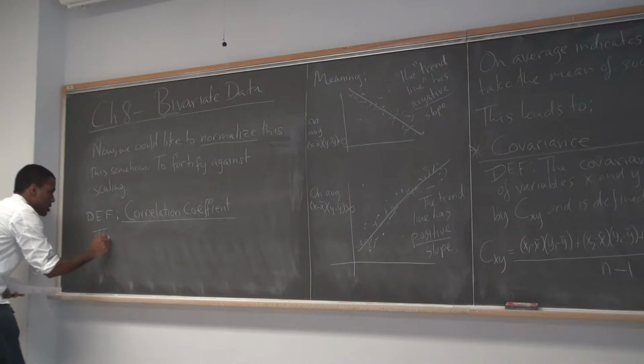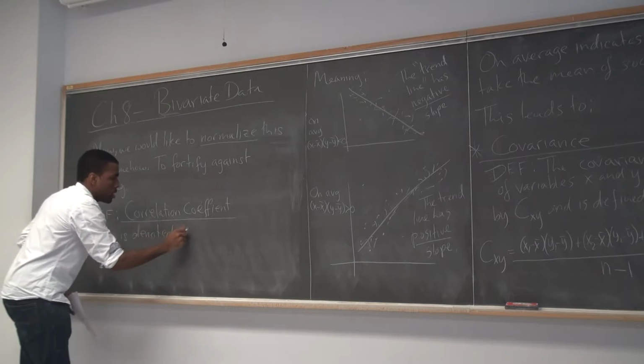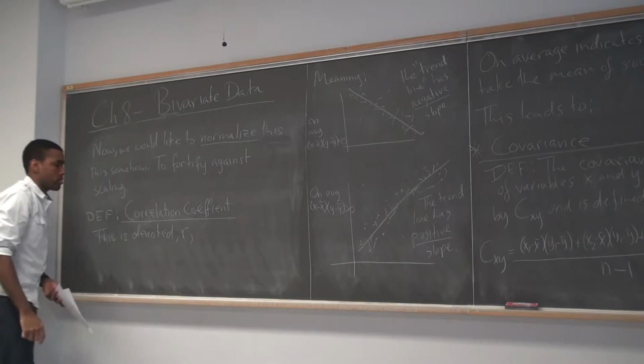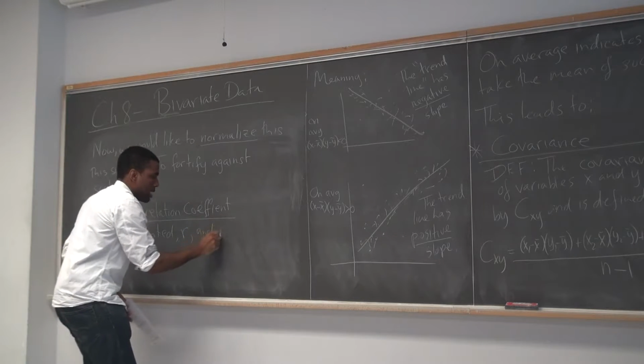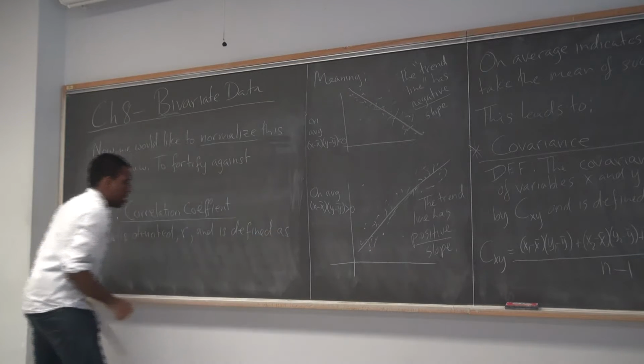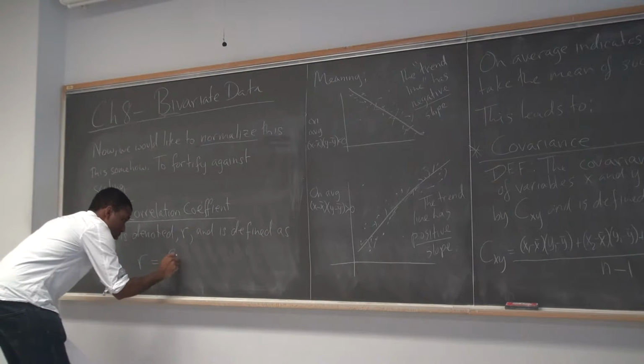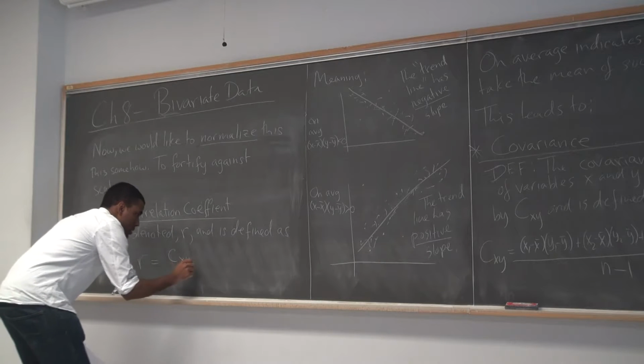So this is denoted by the letter R, and is defined as R is equal to CXY